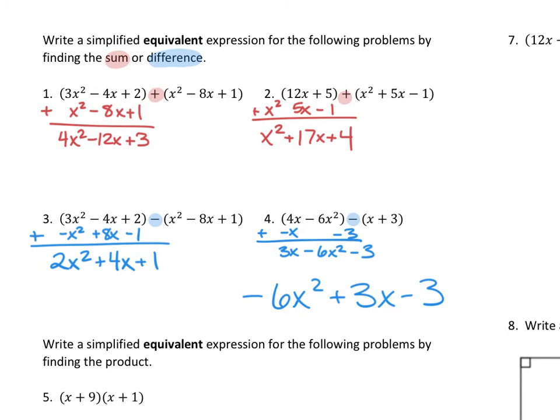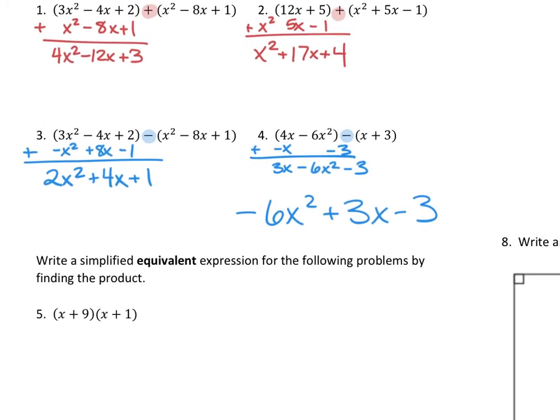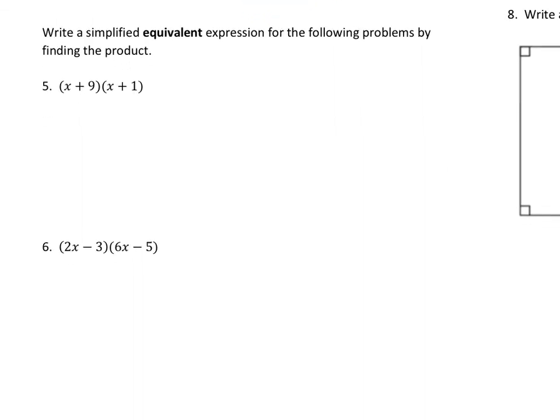So finding the sum or difference is really about as complicated as it can get. We're going to spend a lot more of this time working on finding the products because it's much different. I didn't set up the Punnett square for you here, and when we're finding the product, which is essentially asking me to find what it is when I multiply these together, I need to remember the steps for the